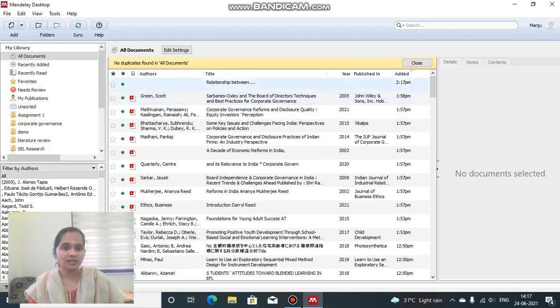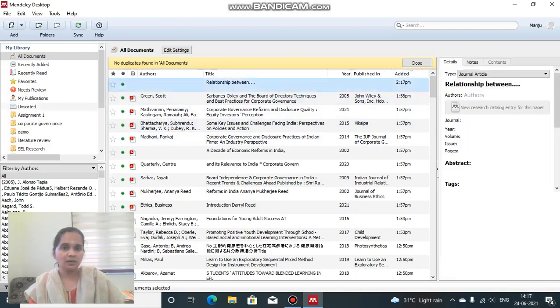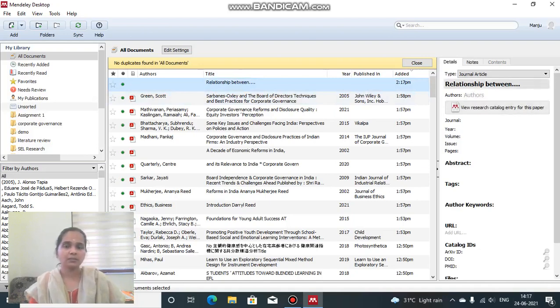What happens is that it will be saved in your Mendeley Desktop. You can see here, relationship between. Just now I have entered it at 2:17, you see the recently added one. Look at the time, it gets recently added, meaning just now we typed and entered it. But there is no other data available, just some data we have filled. Because we have referred to a hard copy, we keep such details here in Mendeley Desktop itself, so that at the time of referencing or preparing the bibliography, Mendeley Desktop eases your preparation of citations and bibliography.